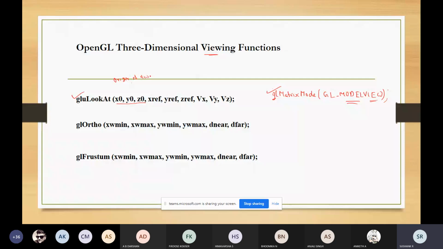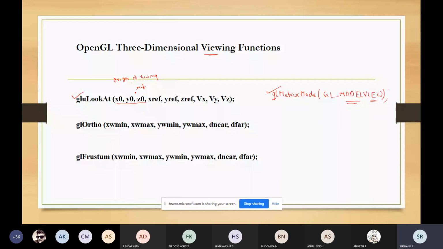So this will be your viewing reference. So this contains 9 parameters. It can take the double precision, floating point values. So here we have first 3 parameters which are given by x naught, y naught, z naught. What does this mean? It is the world coordinate position which will be the origin of viewing reference.